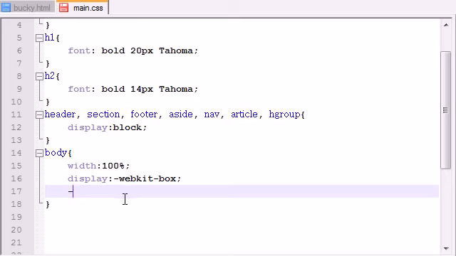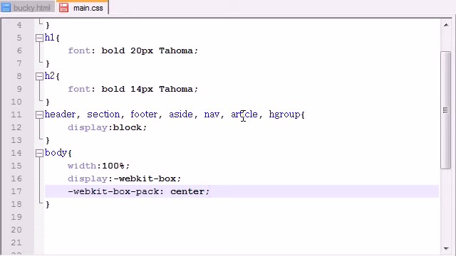Now, another thing that we want to use from the WebKit is a property called WebKit Box Pack. Now, WebKit Box Pack is basically saying, okay, how do we want the boxes inside this to be packed together? And we pretty much want to just say center, which pretty much means center align the boxes. Now, the property more specifically, since I might as well tell you guys in details, say you have a website that's 1,000 pixels wide. However, you only have two boxes in there that may be 300 pixels wide each. So you have a bunch of space left over. So what you're saying is, okay, when the website is bigger than the contents inside, just go ahead and center